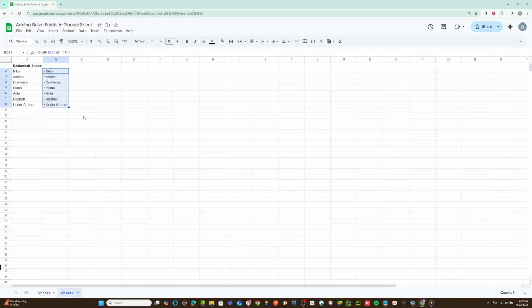Voila! All your items now have that clean bullet point look. This autofill feature is super helpful when it comes to rapidly formatting larger data sets. And there you have it. You've successfully added bullet points to your list items, making them pop out with clearer,